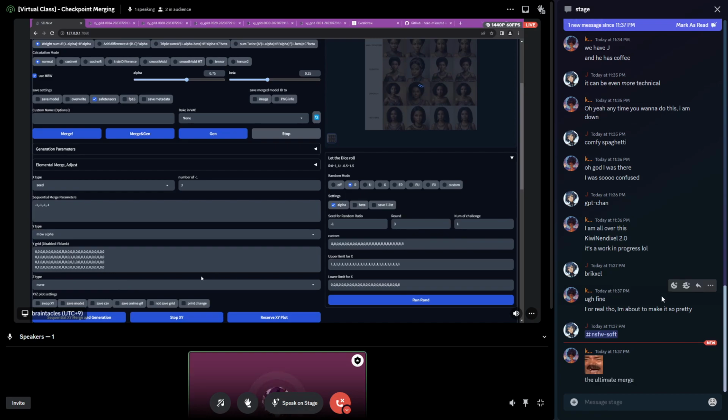Wait, did they change the... I think they might have changed the way it processes the grid. It used to be X first and then Y, but now it seems to do the opposite, which is taking a lot more time. But it made more sense anyways